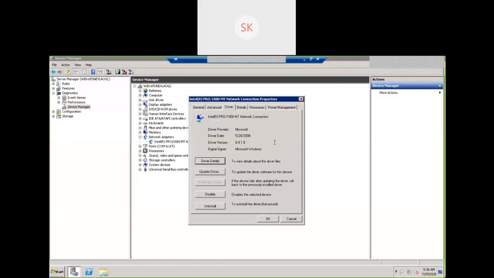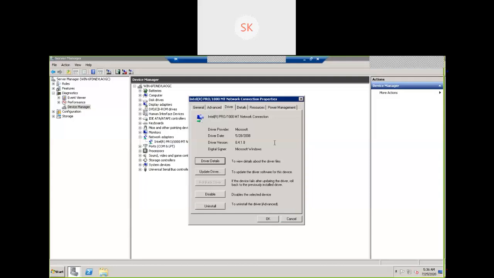What I need to make sure is that the driver is a default driver. This driver is a default driver. By seeing this, we understand that the network component is using the default Microsoft driver. But what is the network card? By seeing this, it is an Intel network card. So for each card, there will be a network driver. What we need to do is go to the respective hardware vendor site, download the respective driver component, and install the driver.